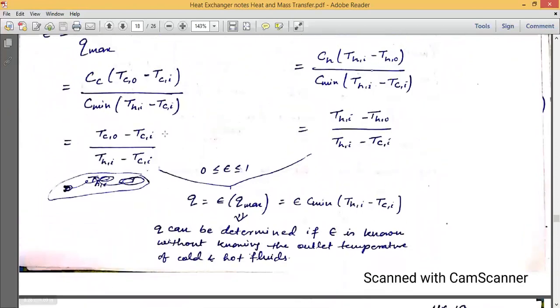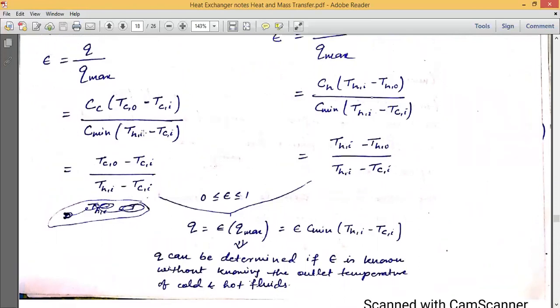जब रेशियो हम लोग देखेंगे तो ये वाला TCO माइनस TCI, THI माइनस TCI, ये मैक्सिमम टेम्परेचर डिफरेंस है, और ये हमेशा मिनिमम है, तो इसका वैल्यू हमेशा 1 से छोटा हो सकता है। इसका मैक्सिमम ज्यादा से ज्यादा एक्चुअल, मैक्सिमम के बराबर हो सकता है, लेकिन हमेशा कम ही रहेगा। Q का वैल्यू ज्यादा से ज्यादा Q मैक्स के बराबर हो सकता है, उससे हमेशा कम ही रहेगा। और ये हो सकता है कि कुछ भी हीट ट्रांसफर नहीं हो, Therefore इफेक्टिवनेस ऑलवेज लाइज फ्रॉम 0 to 1।